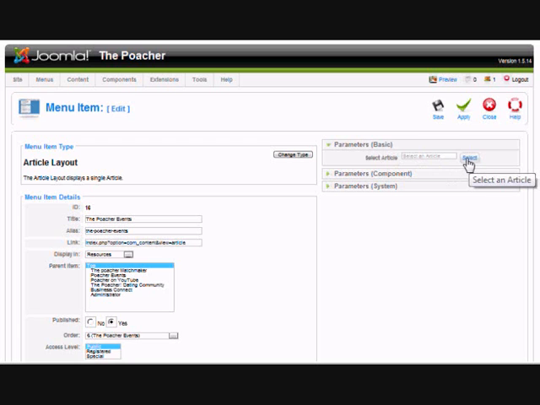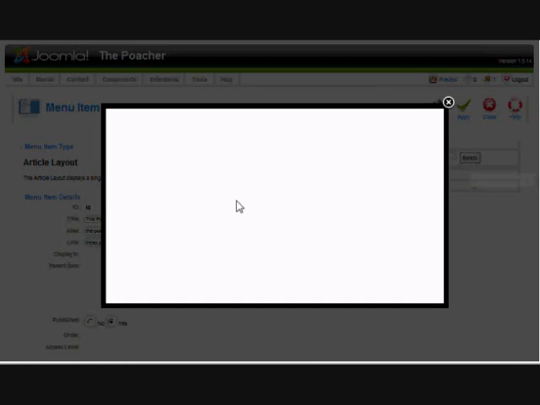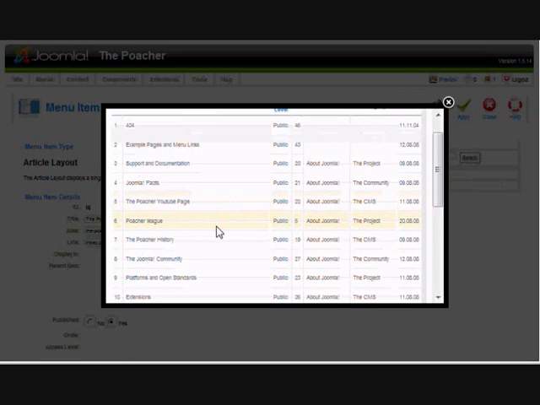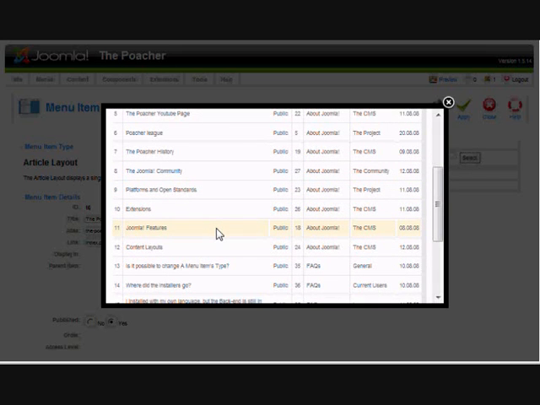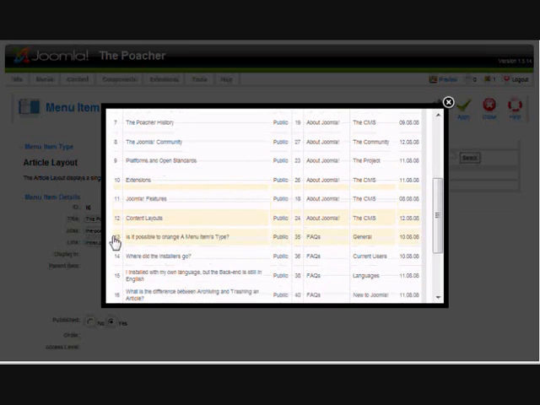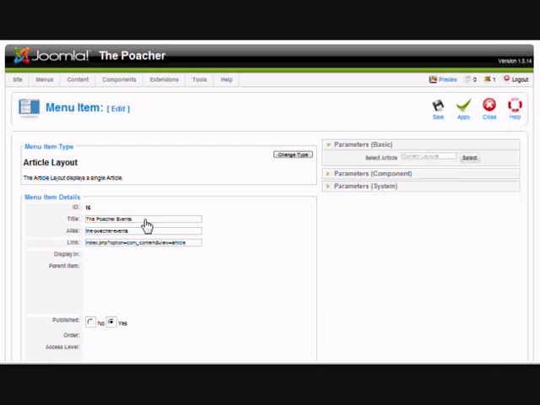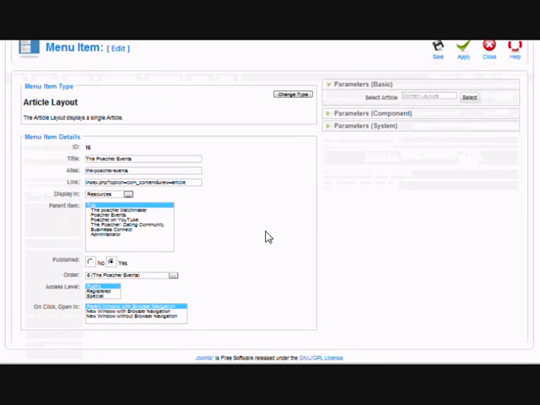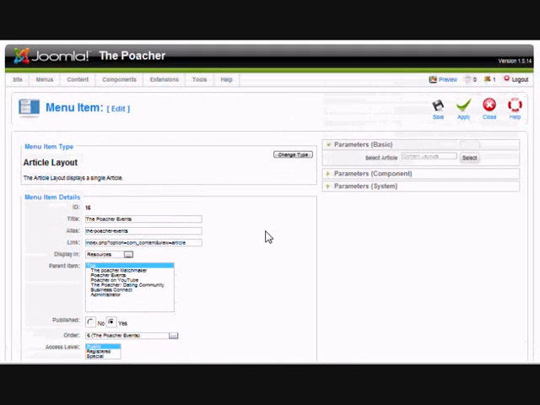So let's select an arbitrary one, something that we can change, and we'll change the Joomla community. Shall we do that? Oh, content layouts, that sounds quite good. So it's now going to, instead of going to an outside page, it's going to link to an article. And because we've got two poacher events,